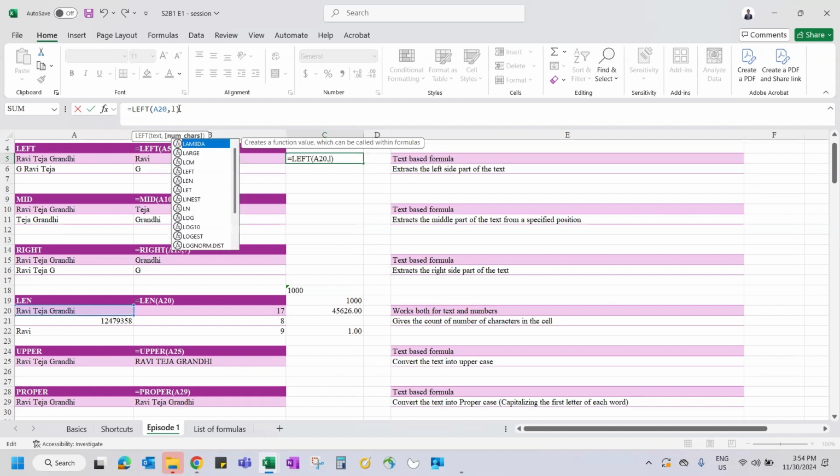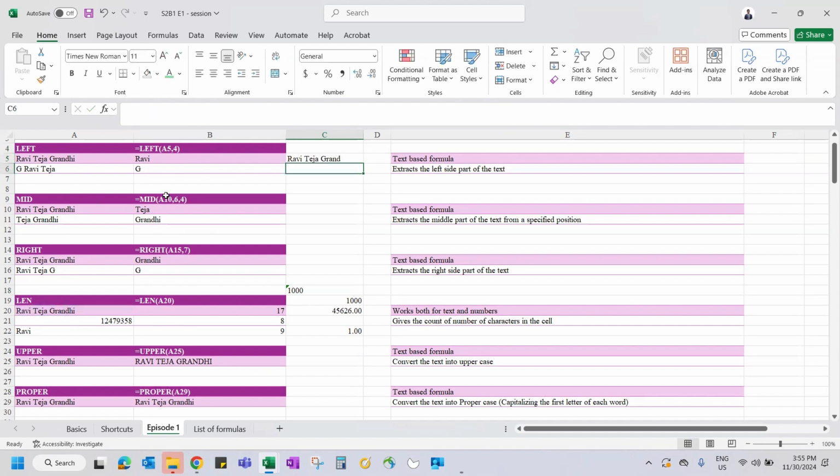And if you don't want to count it manually, you can just club formulas. In Excel, that's the advantage. You can club any number of formulas, but you need to know the order and you have to be very careful with the commas and brackets. So you can just click on LEN, and the length of this cell will be 17. You just want to delete two out of that. Whether it be 15 or 10 or 6, you just want to delete two. In that case, you can just delete this, and this will give you